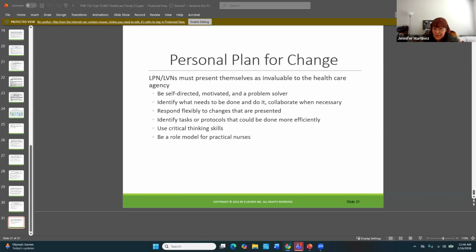Some places, the people that are writing the procedures aren't the ones working with the clients or working with patients. And so they're not seeing the same things that you're seeing at the patient level. So be mindful of that. And like I said, if you see something that can be improved upon, submit it. And be a role model. And this one to me is huge.